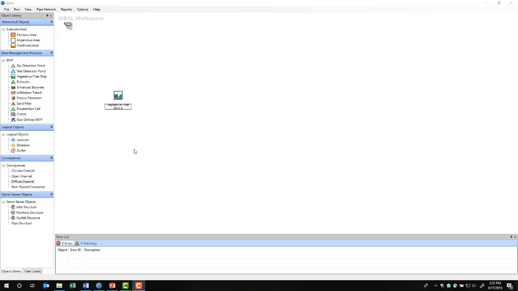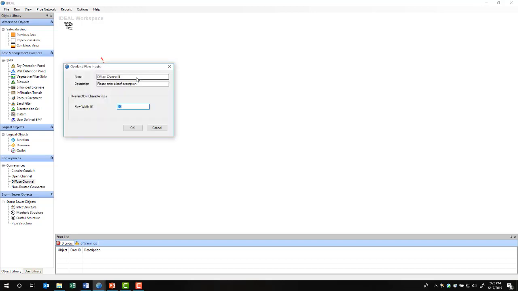A final point about VFSs in Ideal. Ideal requires the upstream conveyance to be a diffuse channel, which is the program's term for a level spreader. This object is simply letting the program know how wide to spread the flow leading into the VFS and should be set equal to the width of flow in the vegetated filter strip. Once this has been set,